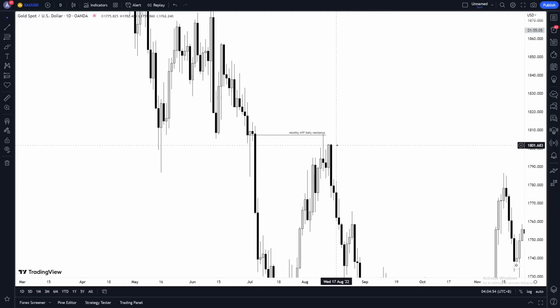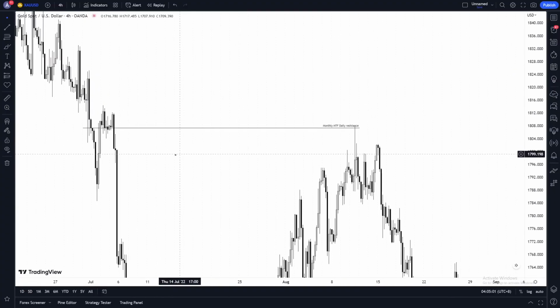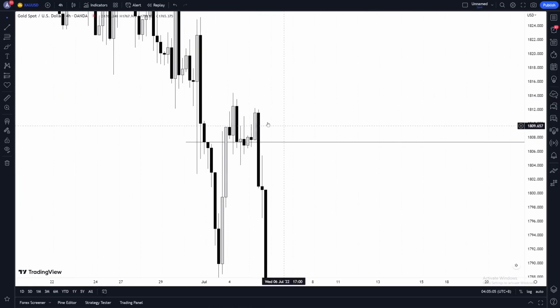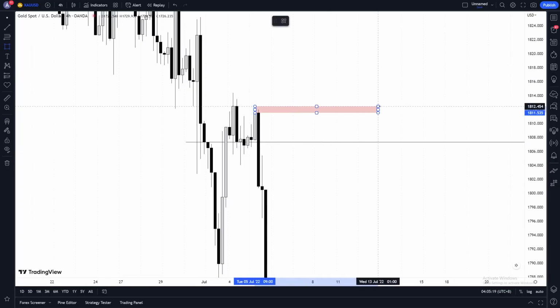Now, all I did was very simple. It's daily, right? How did I do my first entry? H4. Okay, H4, I'm looking here. Forget whatever happens here, just so you know I'm not cheating you guys. Forget whatever happens on the right hand side. I'm looking here. It looks like a cluster, right? Now look. Buy, sell, buy, sell. I'm just marking it first, bro. I mark first and I think later. Mark this bad boy.